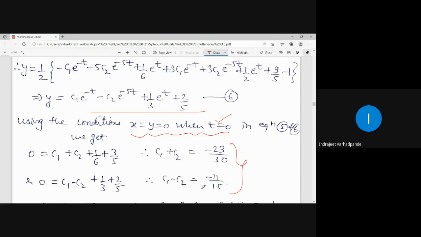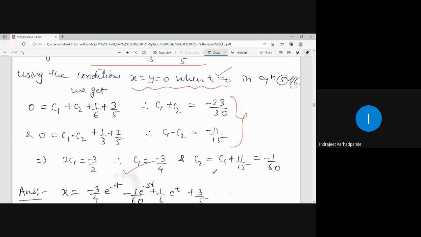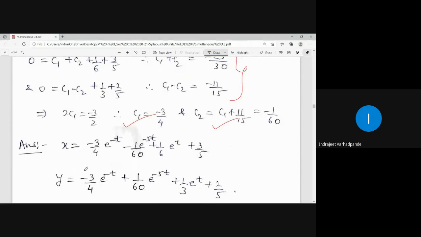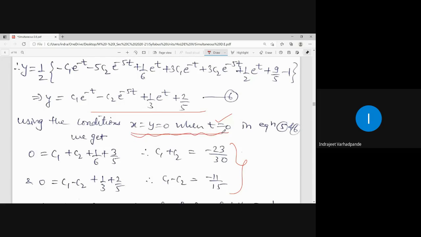Those conditions will give you the value of C1 as well as C2. Putting those values of C1 and C2, which are arbitrary constants in the given expression, you get the value of x as well as y. I hope this pattern will also be clear. Some additional steps are to be performed, wherein using the given conditions, you will be calculating the values of C1 and C2. It is not that difficult. Whatever conditions are given, you have to substitute them one by one in the given expressions, and you will get the values of C1 and C2.